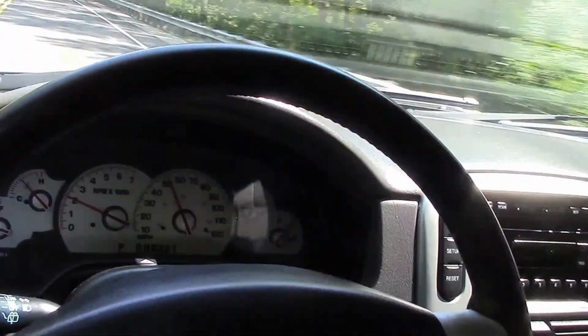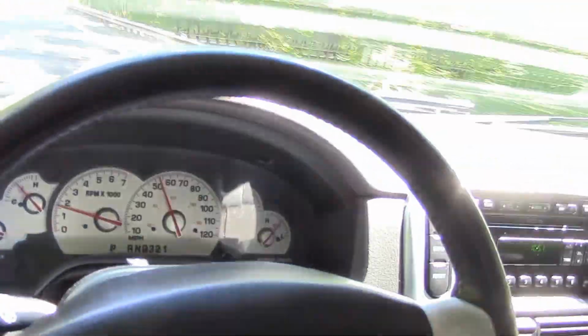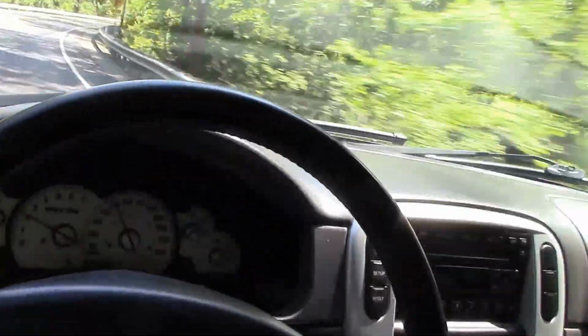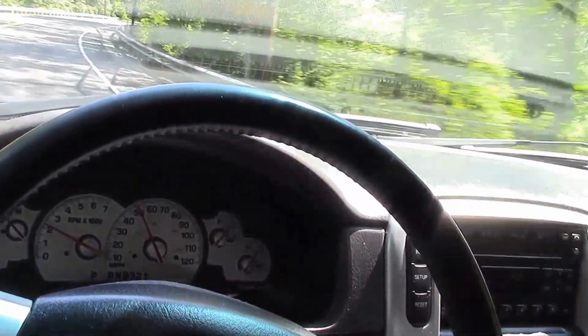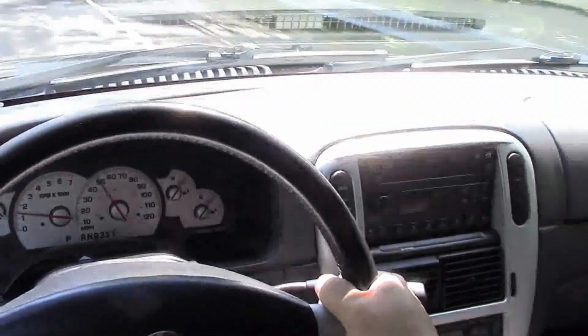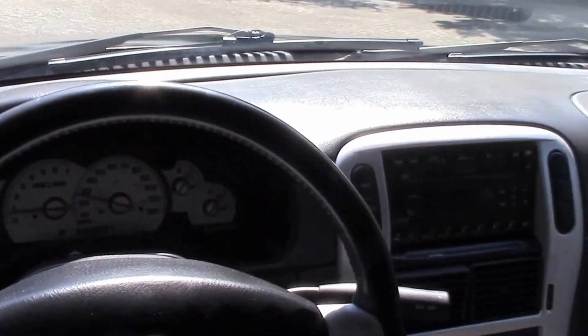I'll do my best to describe to you how they feel, because obviously you're not in the car with me, you can't feel it. About the only thing you can do is keep your eye on the steering wheel and see if it pulls hard to the right or to the left. It might indicate a brake balance problem. But other than that, you're just going to have to go along for the ride, and hopefully I'll describe it properly for you. All right, I'm going to pull in here, and I usually do this at about 25 miles an hour. Here we go, ready, and...